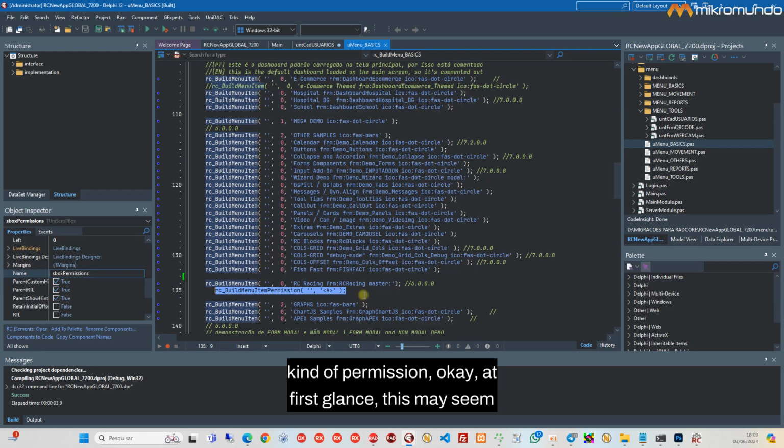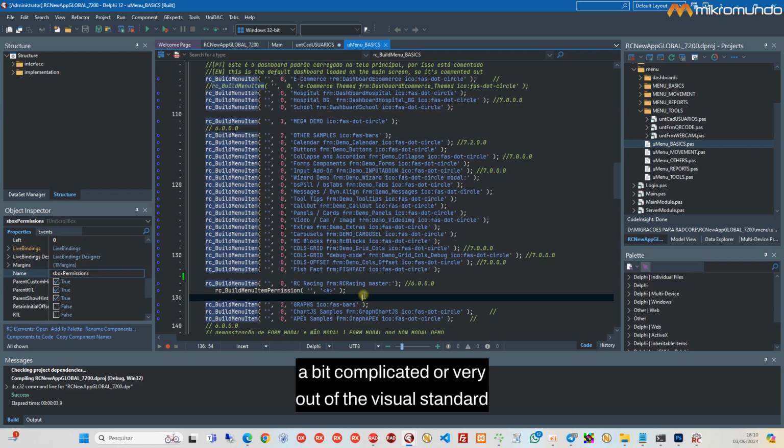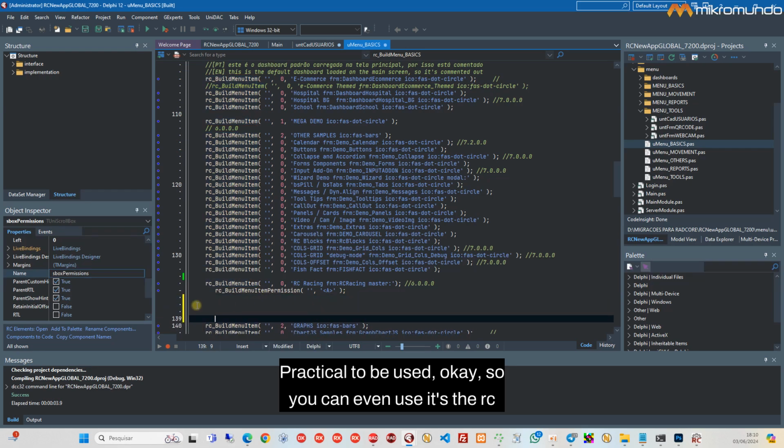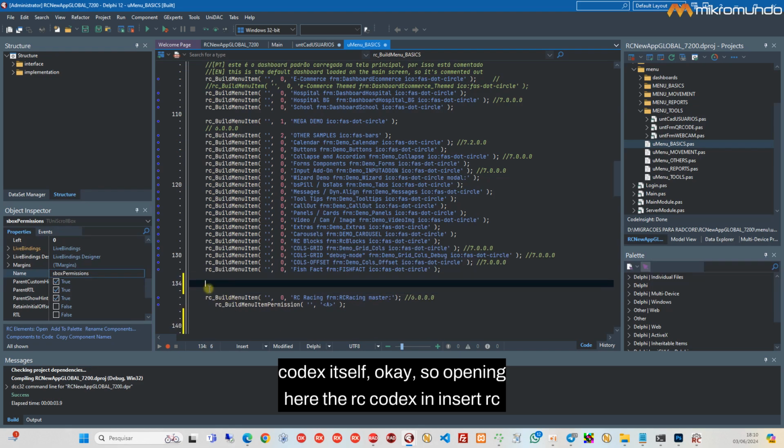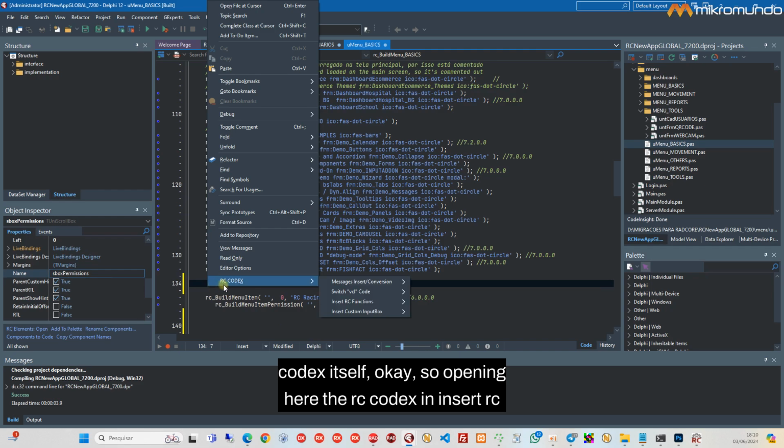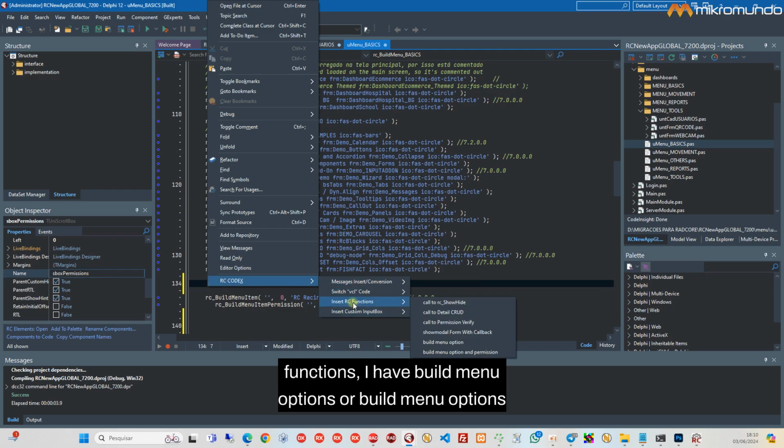At first glance, this may seem a bit complicated or very out of the visual standard that we are used to working with, but this here is a lot more practical to use. You can even use the RC codex itself: opening the RC codex and inserting RC functions, I have build menu options with permission. If I click here, it inserts